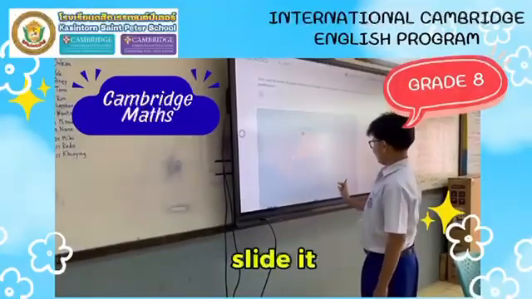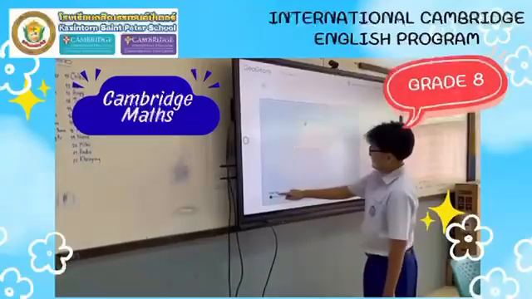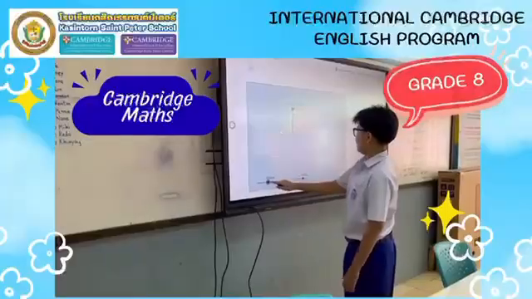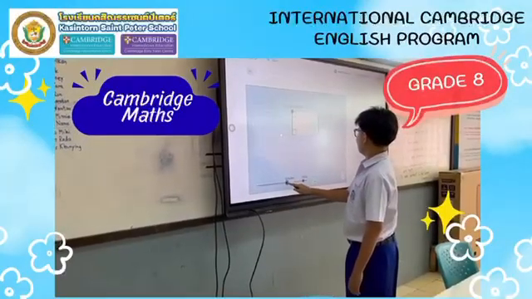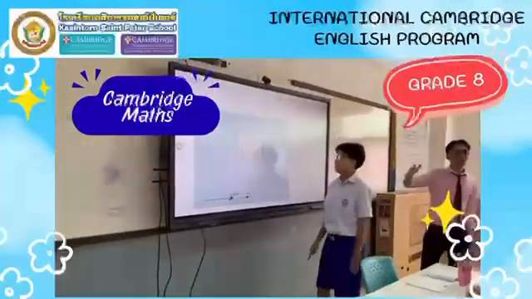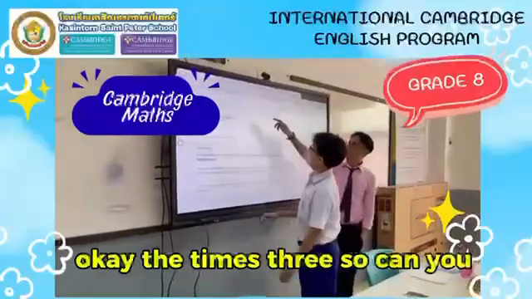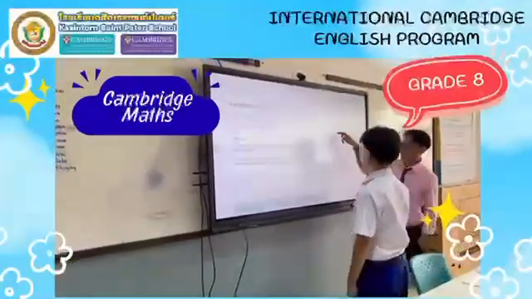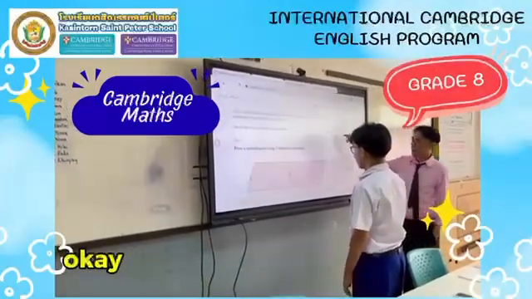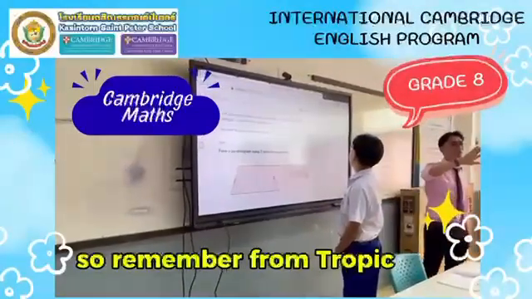Slide it. Okay, and then slide it. So again, what do you have now? It's a rectangular shape. So again, how do you compute for the area of a rectangle? Length times width. Okay, what shape is this one again? Parallelogram. So remember, from the trapezium, we make